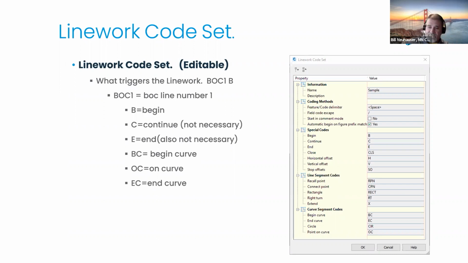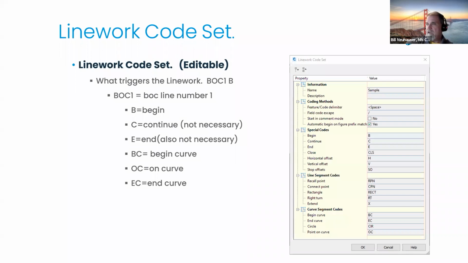If you're going along 500 feet of curb and you have shots every 50 feet, obviously you don't have to type in C every single time on those intermittent shots, okay? The B is to start. Now the important part about this is that if we do a typical survey where you're shooting one side,